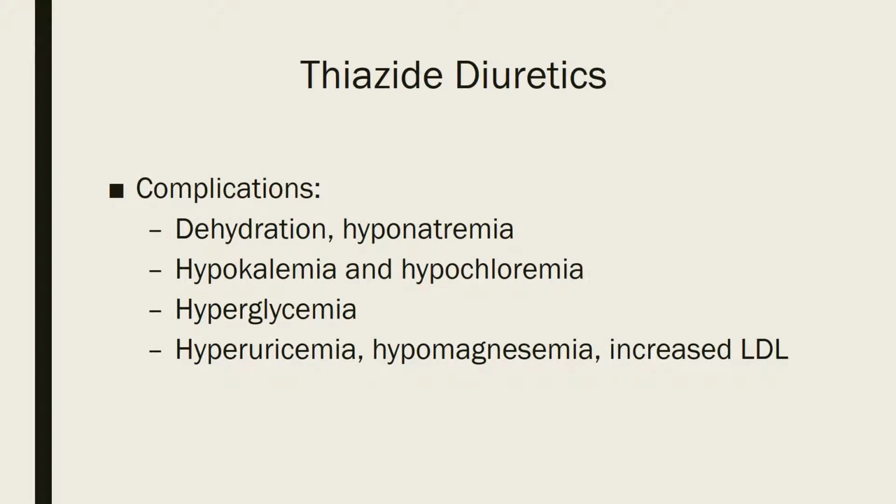Okay, complications can be dehydration, hypernatremia. So once again, looking for those signs and symptoms of dehydration: dry mouth, increased thirst, minimal urinary output, weight loss. Monitor electrolytes and weight. So remember what we're looking for: potassium, sodium, chloride. And then making sure that they're getting adequate urine output. So if it's less than 30 mL an hour, then the medicine needs to be held and notify the physician. Hypokalemia and